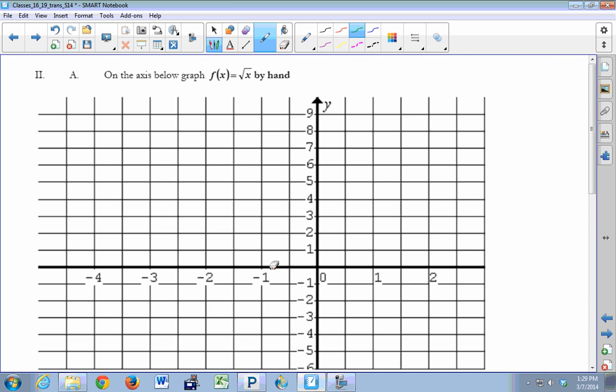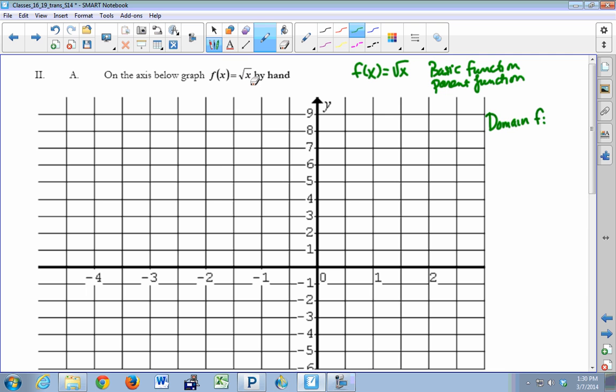Okay, so the next function we're going to graph, again a basic function, is the square root function. So f of x equals the square root of x is our basic function, or as I mentioned to you earlier, it's called our parent function. So the first thing you should have observed is what the domain of this function is. What's the domain of f? Well, the square root of a negative number is not a real number, so we can't graph it with the Cartesian coordinate system because the y-axis and the x-axis represent the real numbers.